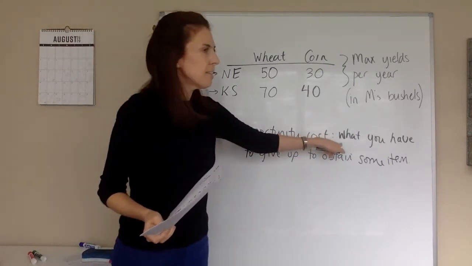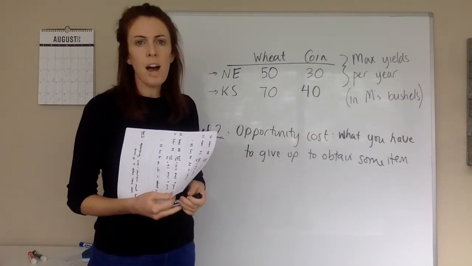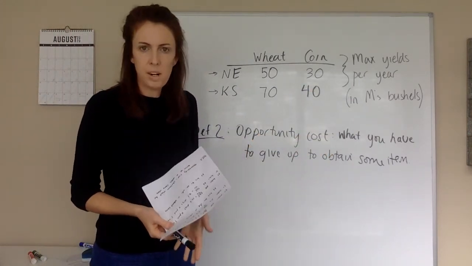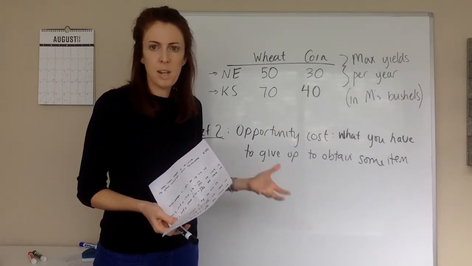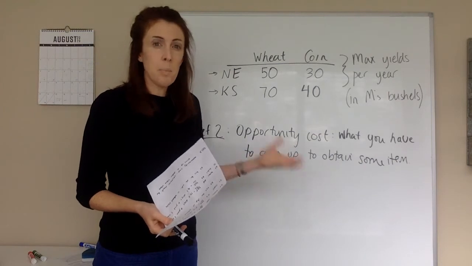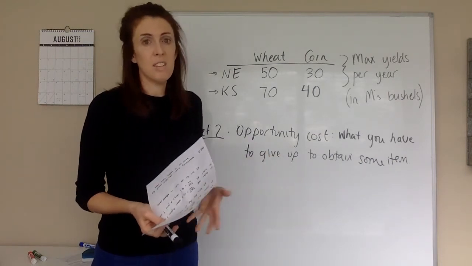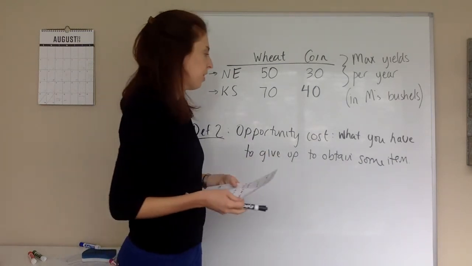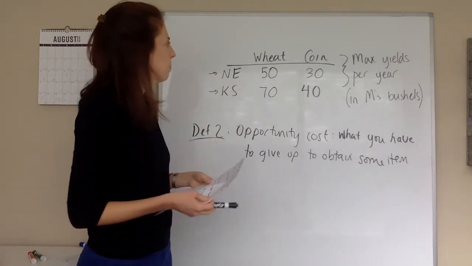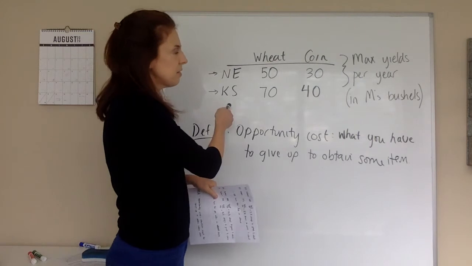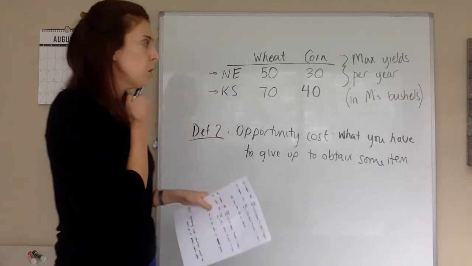An opportunity cost is basically thinking about if I weren't choosing this one thing that I'm choosing, what would I instead have or what would I instead be doing? That thing that I'm not doing because I'm doing this, that's the cost of doing this. So that's my opportunity cost. It's the opportunity that I'm forfeiting because I'm doing something else.